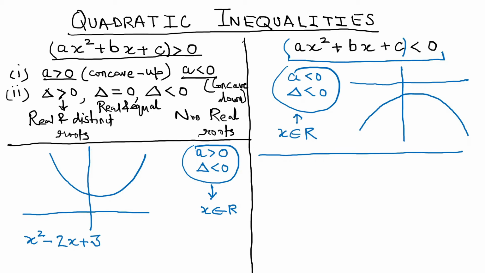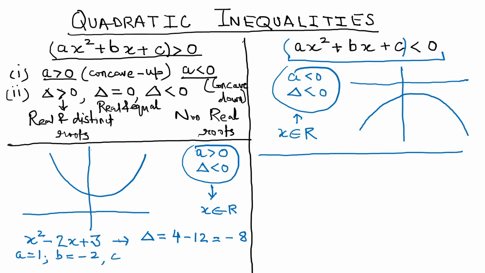So now what is the value of delta here? Delta is b square minus 4ac. So in this case, the value of delta is b square, which is 4, minus 4ac, which is 12, which is negative. That means this quadratic expression will have non-real roots, which means it is going to have complex or imaginary roots. In that case, what is the value of the leading coefficient? The value of a here is 1, the value of b here is minus 2,